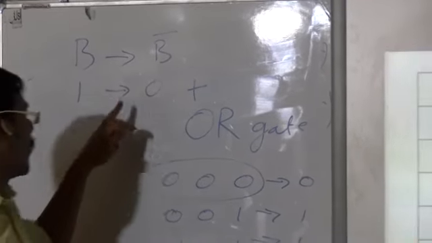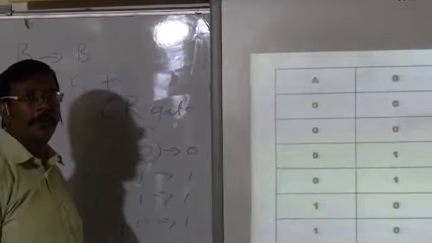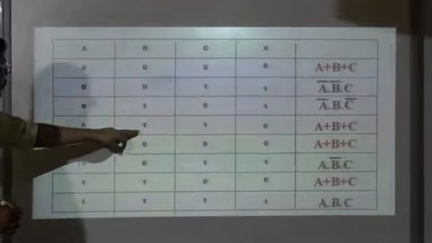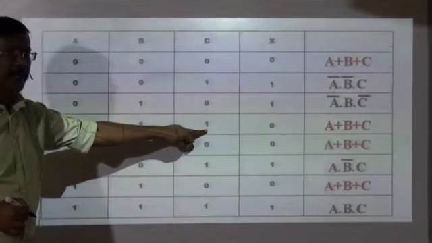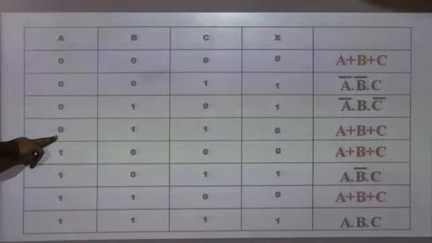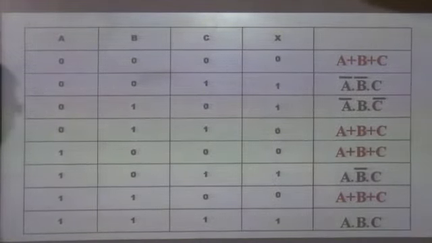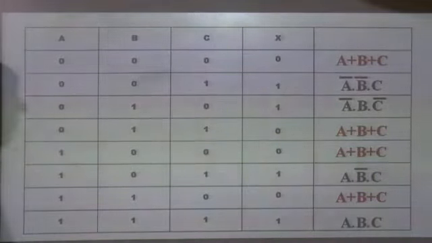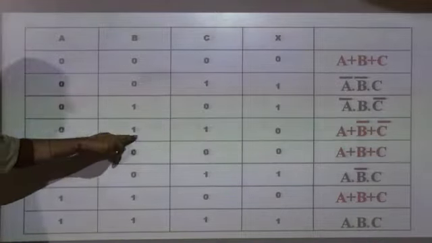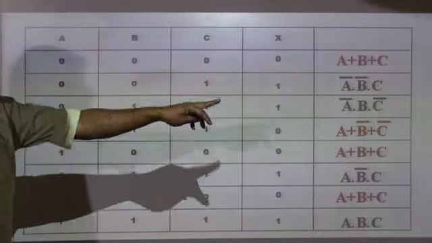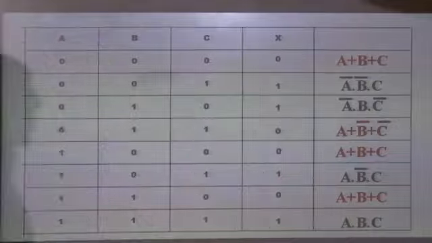Okay? If I complement B, 1 will become 0. Or if I complement 1, it becomes 0. That means I need to complement this B, I need to complement this C. So B complement, C complement, while A is 0 itself, so it remains as it is. So if you look at this now, A plus B complement plus C complement, because we are complementing this one and this one and changing them to 0. So now it becomes 0 plus 0 plus 0, you will get the max term.